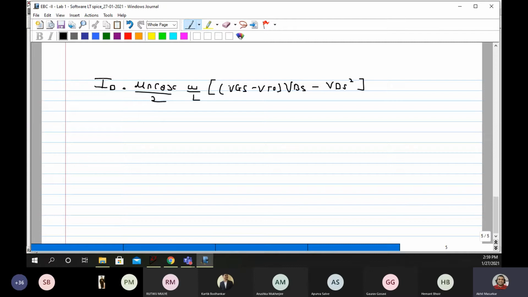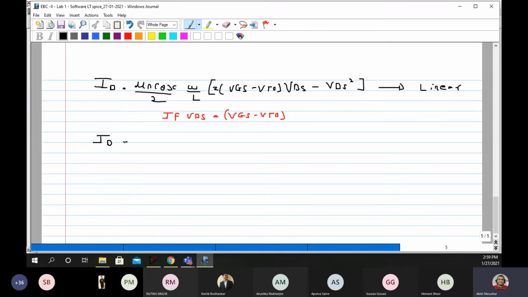This is the formula, the equation for current in the linear region. Now if I substitute VDS equal to VGS minus VTO in this formula, sorry, here it has to be twice.